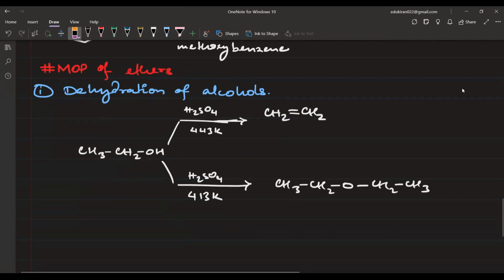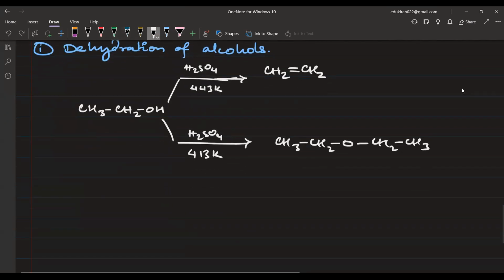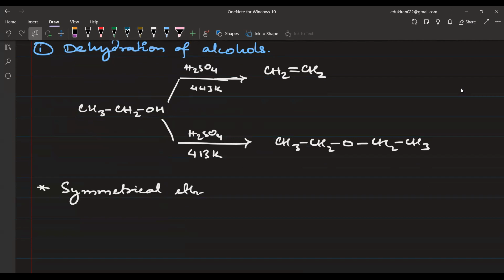Okay, so please write here. We'll look at how the mechanism works, but first of all please write symmetrical ethers. What are symmetrical ethers? Symmetrical ethers are ethers that have the same alkyl groups around the oxygen atom. On both sides of the oxygen atom, we will have the same alkyl group. Unsymmetrical means that we will have different alkyl groups around the oxygen atom of the ether. Symmetrical ethers can be prepared